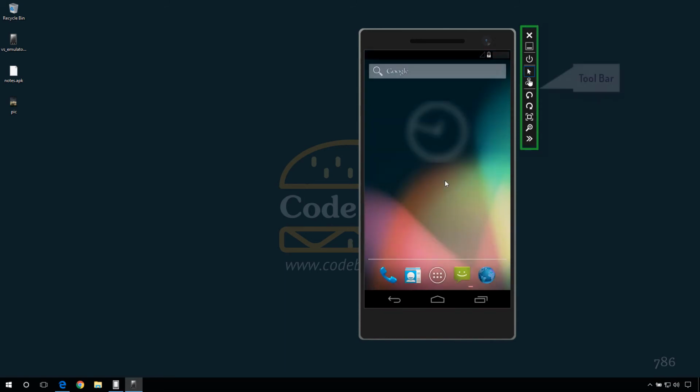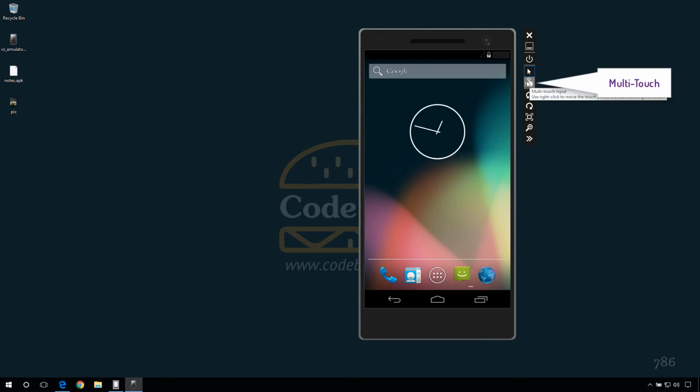This is a toolbar with a lot of features built on a simple user-friendly interface. Let's quickly go through it one by one. To shut down the emulator, minimize to the taskbar. To turn the device on and off. Touch points for pinching and zooming if you want to simulate two-finger movement.